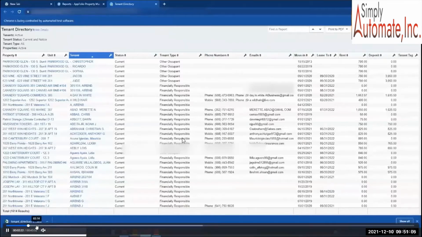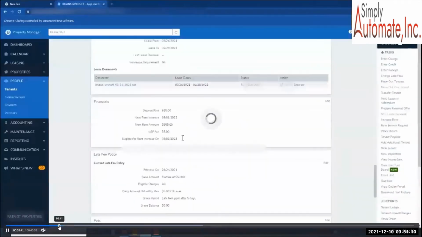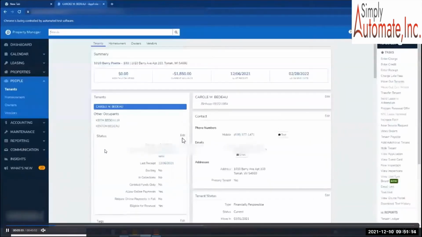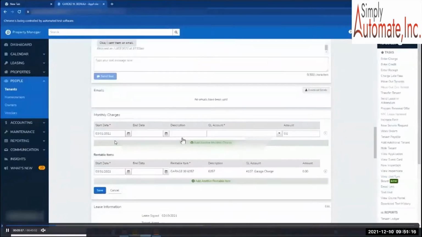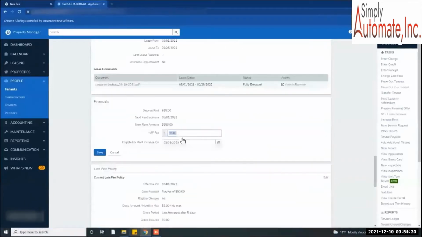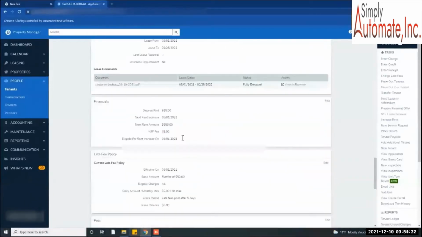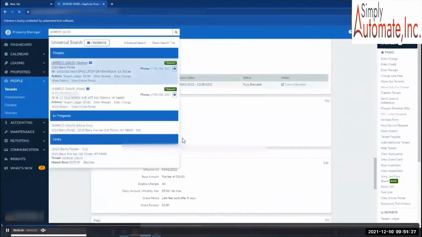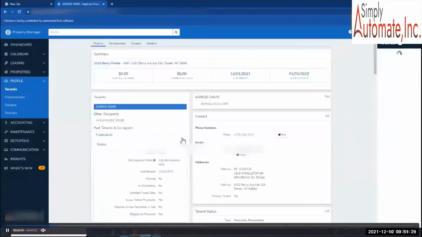The video you're seeing here is actually a live demo of what we did while we were going live with them. So I skipped through some of it to speed up the process for video purposes. So here the bot is entering in the new charge for March 1st, the new rent, going down and filling in when the next eligible for renewal date is, putting in the GL account code, adding